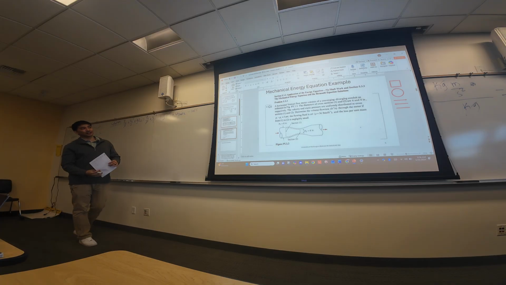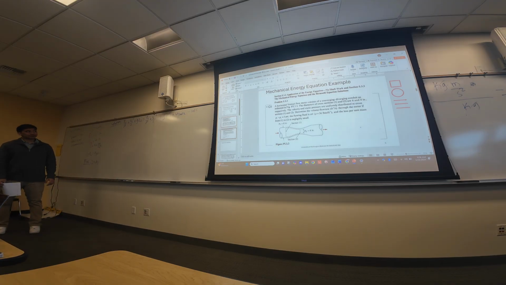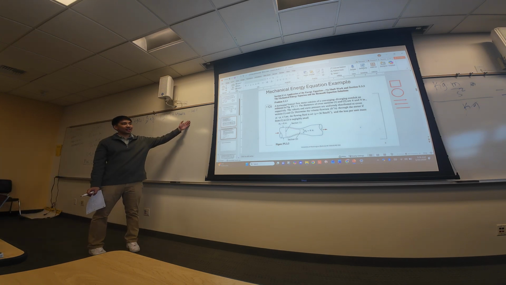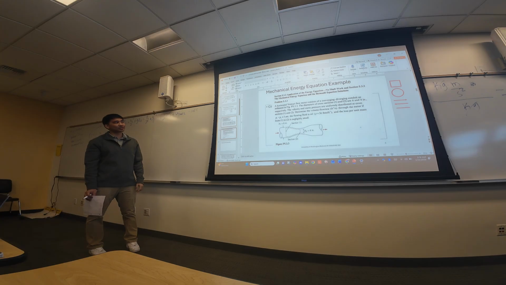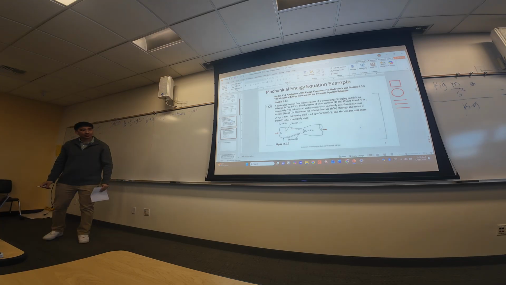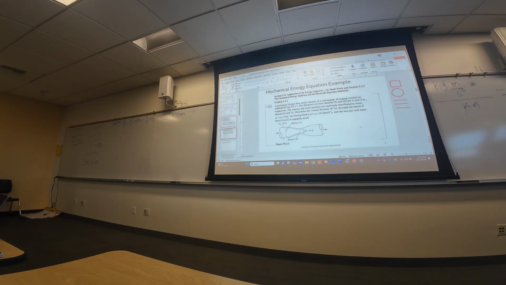You'll see in my other slides too, that's also work being put into your system. We assume this loss, right, from an assumption, this is going to be 0 as well, because we're assuming friction is negligible or 0. So that's 0. Anything else stands out that should be 0 that we might not have? There's no change in height. Thank you. A change in height. That's another thing when you take midterms or quizzes. If you don't have something, where can I get it from? There's no linking equations. You can probably assume it's 0. When it comes to the midterm, you can ask me about that too.